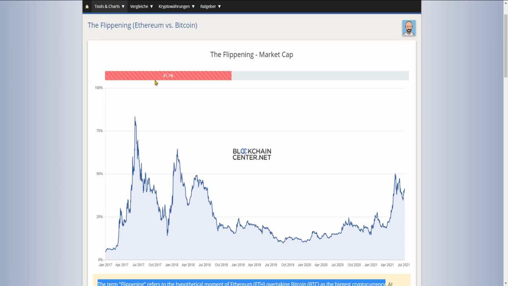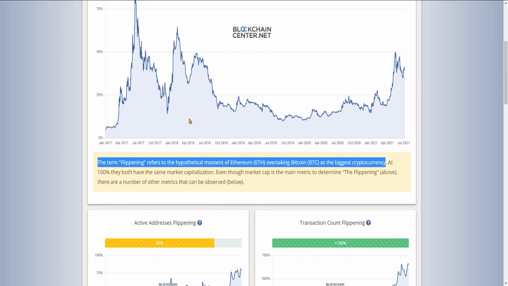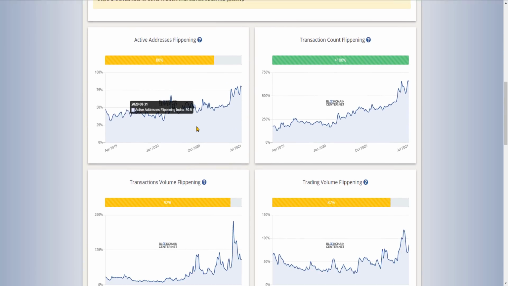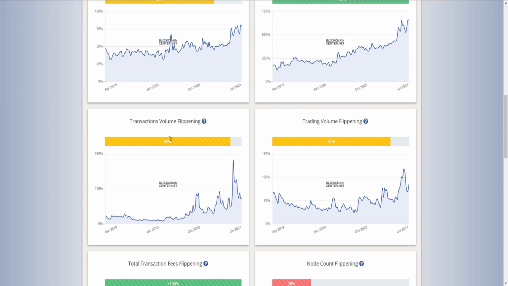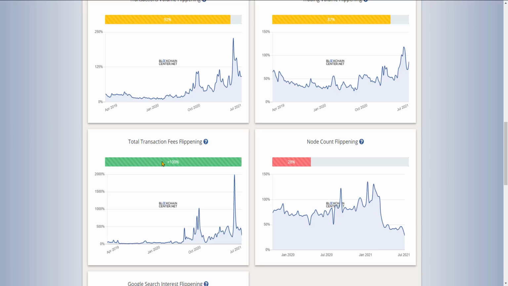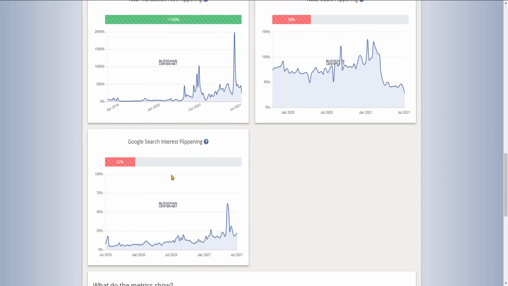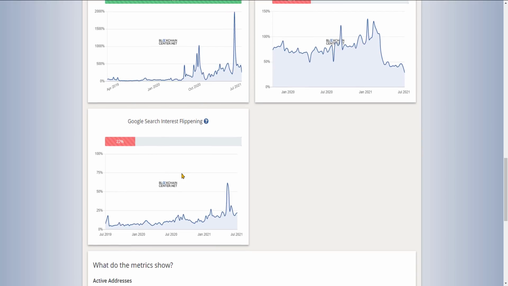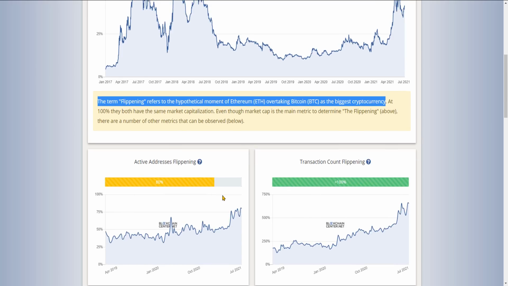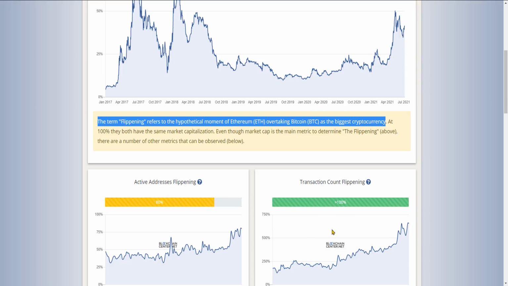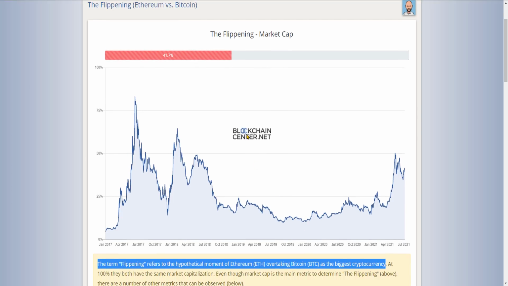What? Hang on a second. Shouldn't that be 100? Okay. Maybe that person is looking at something else. Well, that's under 100. Whoa, this is more than 100. What is that? Transaction count. Transaction volume, less. Oh, trading volume is less. Ooh, transaction fees are more. Node count. What's a node? Google search. Oh, I know what Google search is. 22%. Okay, so that particular person is obviously talking about transaction count, but not talking about the definition of what